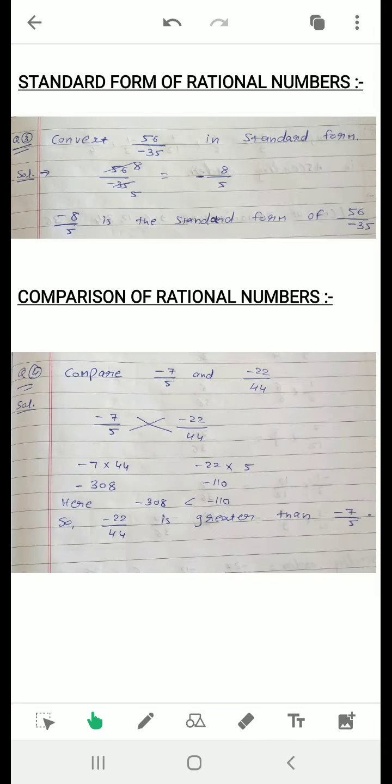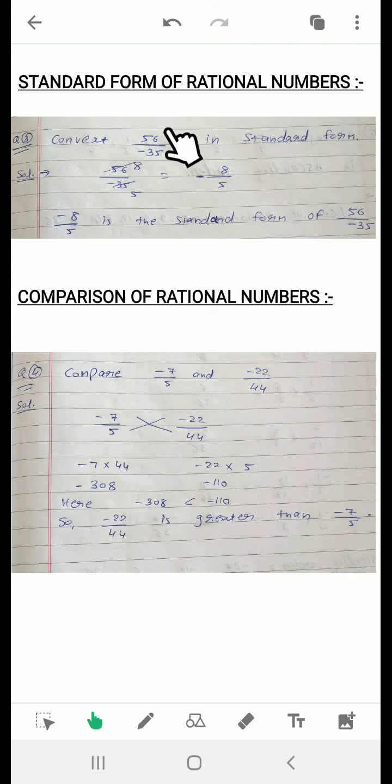The next topic is the standard form of a rational number. That is also similar to the standard form of a fraction. What we are doing is simplifying. We can divide the numerator and denominator by any same number, repeat that process, and then write the simplest form. The standard form of a fraction we have already learned in the previous chapter, chapter number 2, I think it was fractions. So this is the same thing, and the standard form of a rational number is exactly similar.